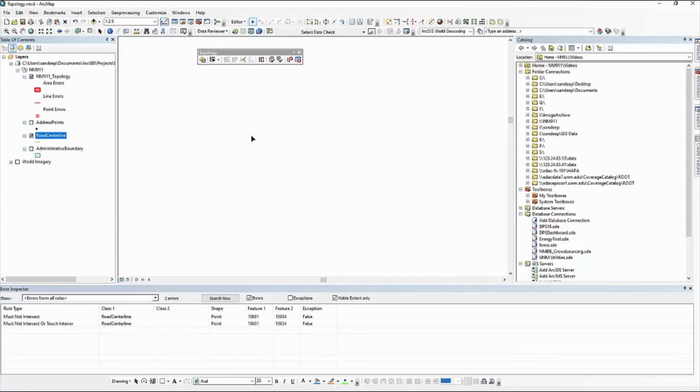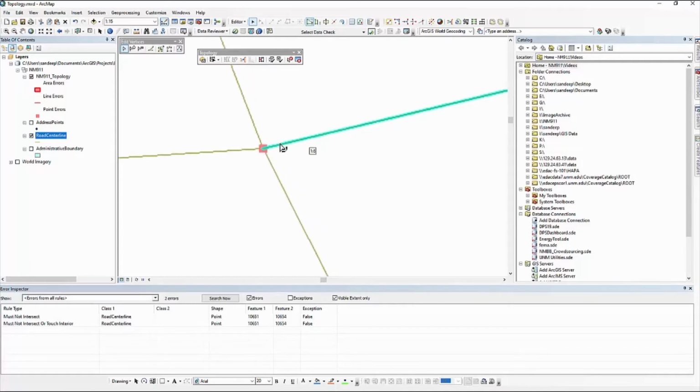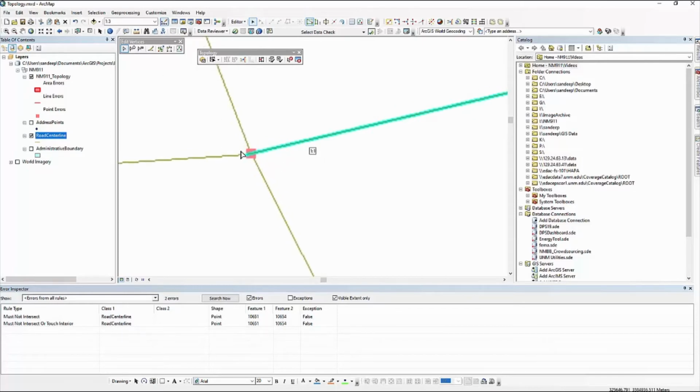Zoom in. So I see that trails end road is going past the intersection of these three segments. So let's fix that. I'm going to double click on this trails end to see all the vertices, and there are two vertices that are very close to each other. So I am going to delete this end vertex here